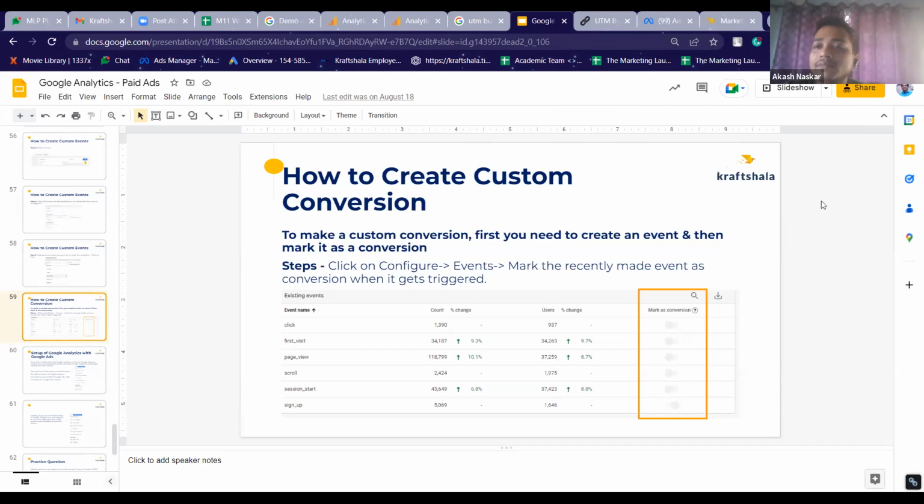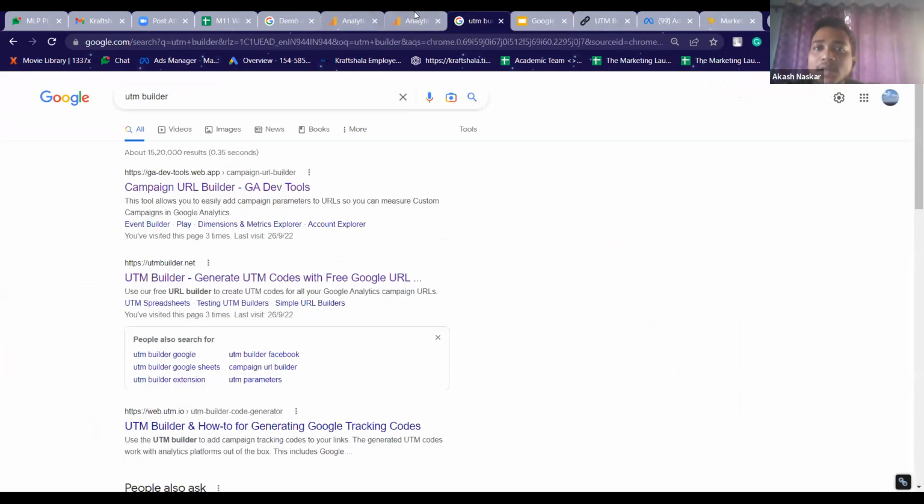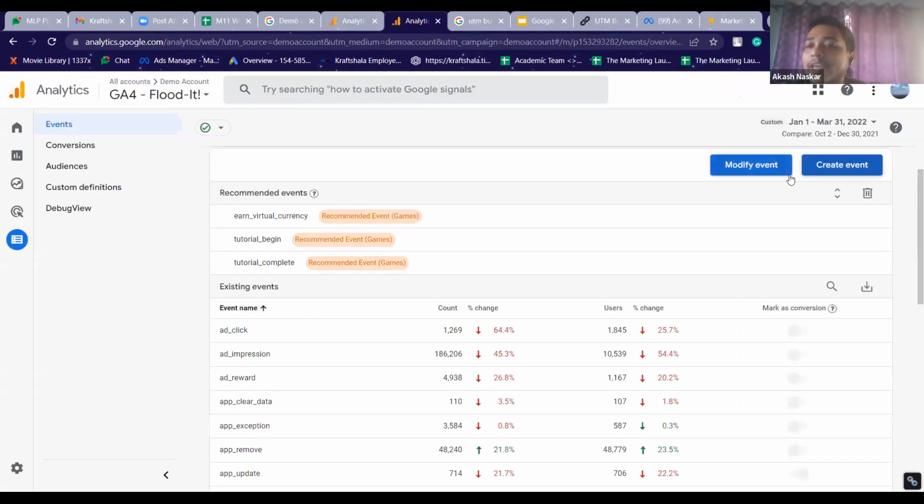I understand that a lot of you might not be able to visualize it as of now because you only have access to the Google demo account. You might not be able to do it on the platform, but just understand that you can follow a simple step of going into this events section and creating custom events by yourself with the parameters that you want. That is all you need to understand. Is this clear to everyone? That is how you can create custom events and choose them as custom conversions?